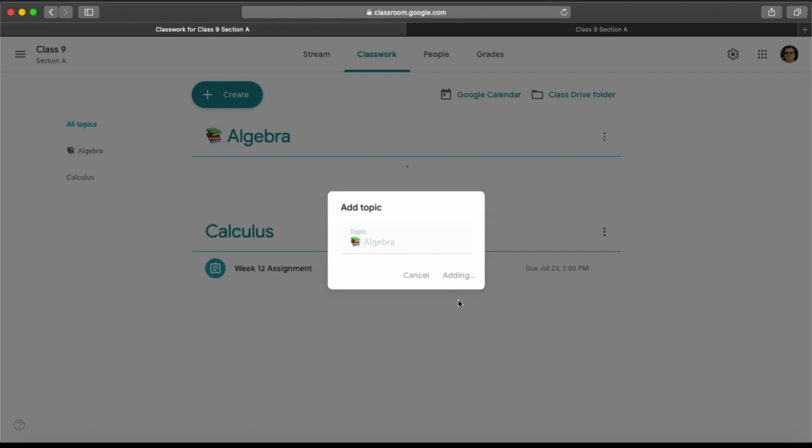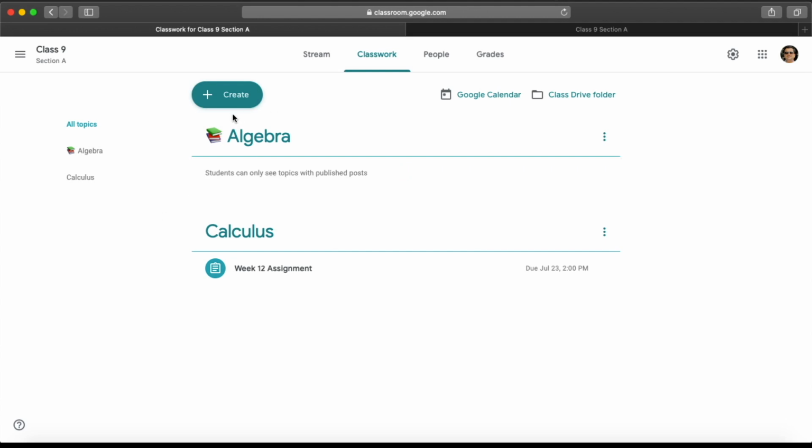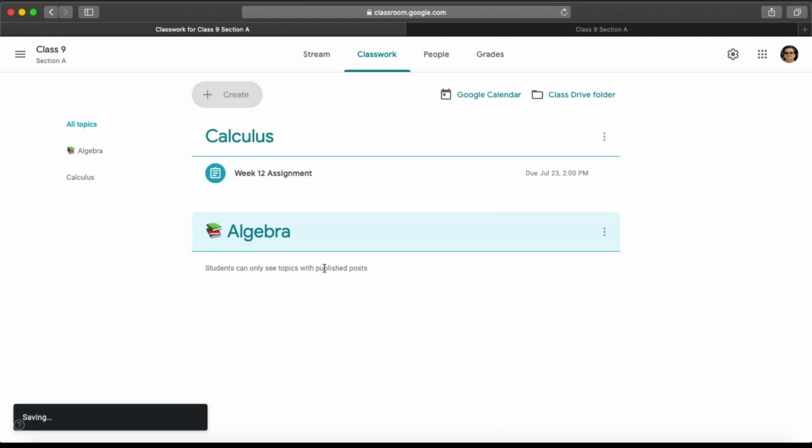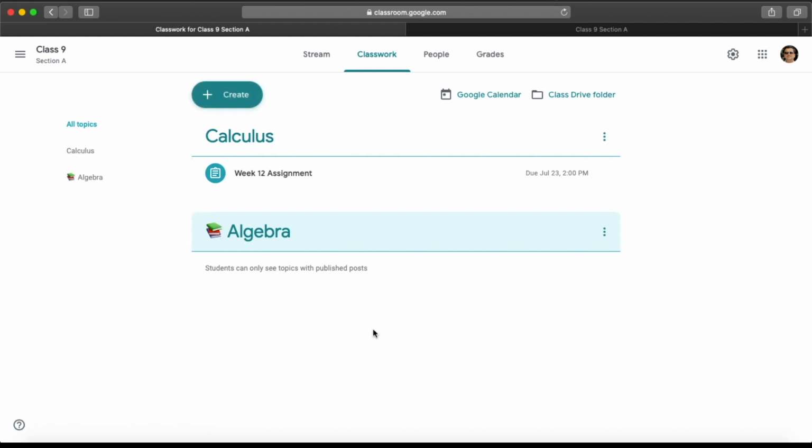It's adding now. Now you can see that one topic got created, and whatever the topic you will create last, that will come in top. So you have another option to rearrange this topic. If you mouse over here, you can see one box is coming. You can just click on it and you can drag it below. In that way, you can also arrange your topics. You can also see in the left part of the page, this particular topic got added. So this is another change.